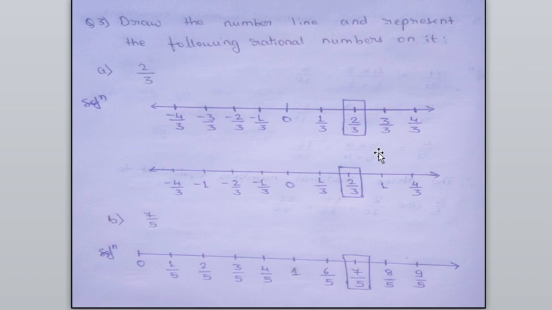So now we want the rational number 2 by 3. So here we represent the 2 by 3 on the right hand side of the number line. Now again I have drawn this number line because as it is I placed the values, but here 3 by 3 is also equal to 1, that is 3 divided by 3 equals 1. So here I placed 1, and here minus 3 by 3 equals minus 1, so that's why I placed here minus 1.